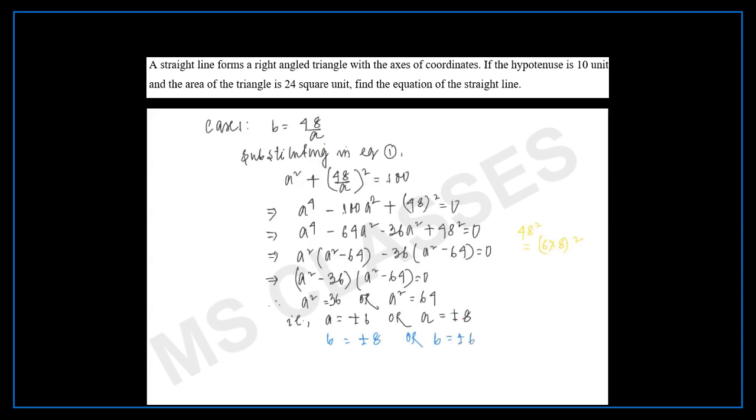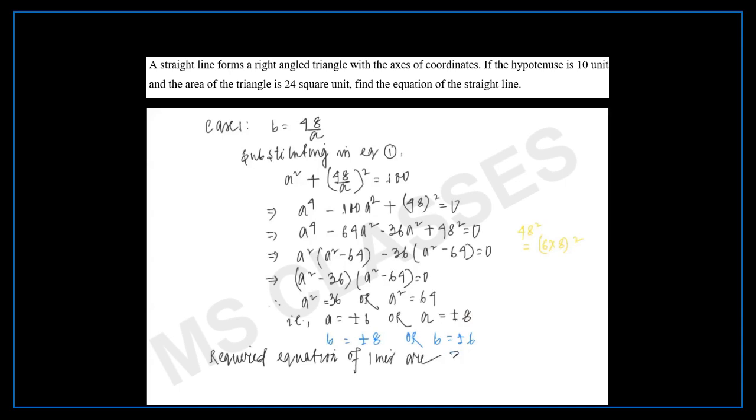Now from here we observe that a and b should be of the same sign. So when a is 6, b is 8. When a is minus 6, b is minus 8. When a is 8, b is 6. When a is minus 8, b is minus 6. So from here we can say the required equation of lines